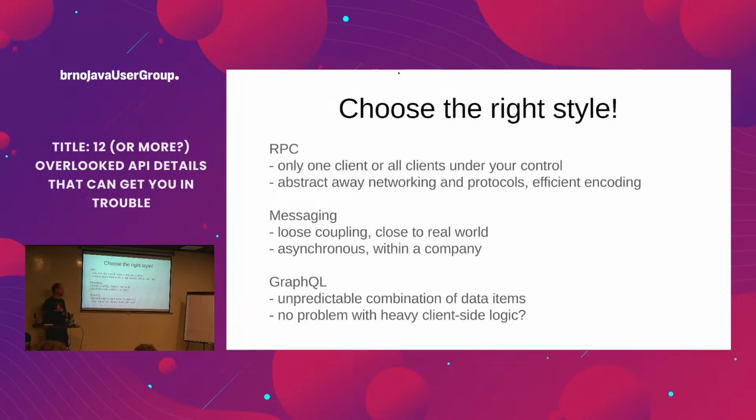Now, GraphQL is also a style of API implementation, and as the name suggests, it contains a query language. So the biggest advantage of it is that you can use it to query or to access some data sources or resources without having to know exactly what elements, in what combinations you will need, and how to combine maybe different entities that may be stored in different places. So it looks like a very nice thing,